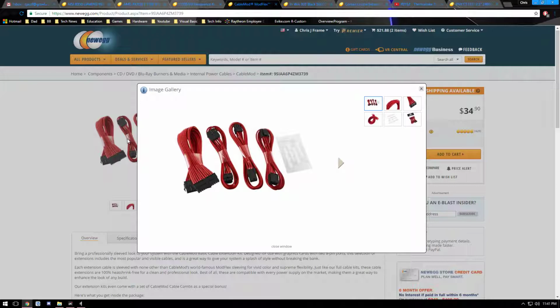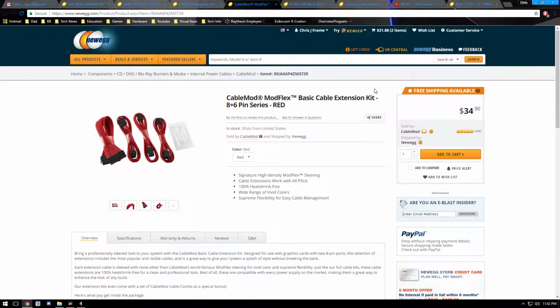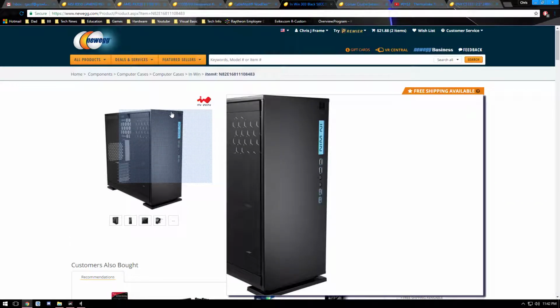And so, you know what, now that I think about it, the power cable's ugly too for that. So my drives are going to be in the back. You're not going to see the drives. Problem solved. Don't have to worry about that. So that's the first purchase I made for this build. Let's get on to